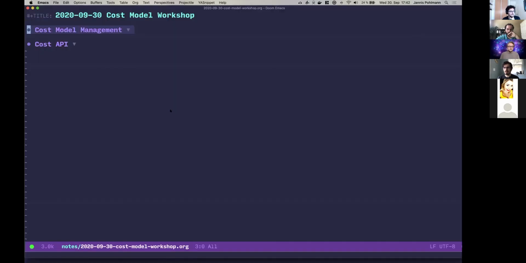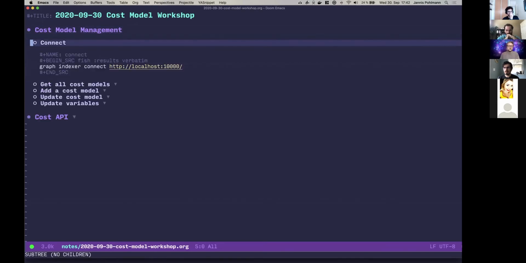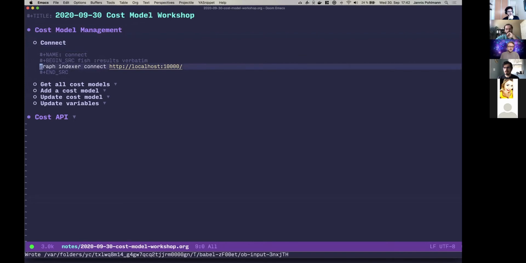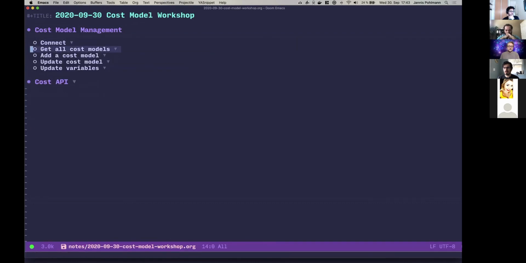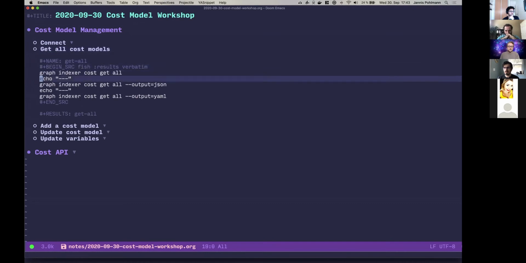Cool. So we're going to go through the cost model management, and then we're going to look at the cost API. And for the management, the first thing you usually do is you connect to your Indexer agent. I believe I have one running already. So I just connect to that, and that's it. And then I can ask it for all the cost models, and I'll use this command to get me all the